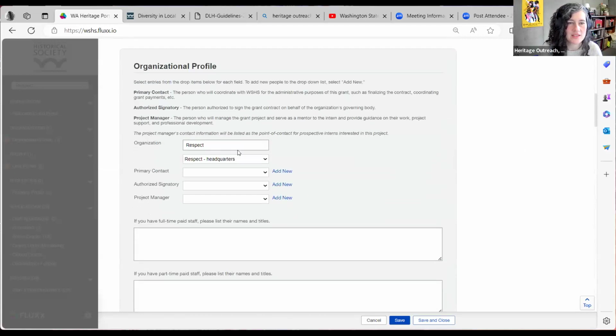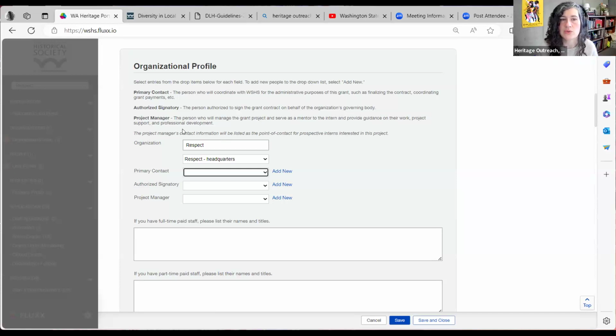So here, this is the area where we're asking for you to designate. Well, first you would enter your organization, and then you have here a field to add the primary contact. So there's three different individuals we want to see designated here. There's the primary contact.